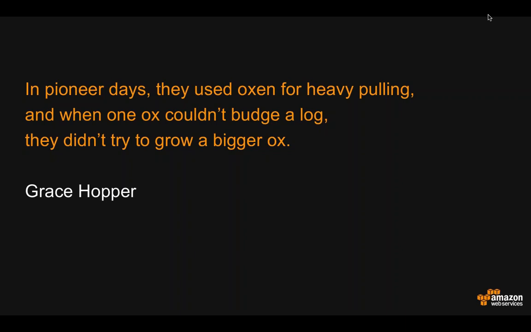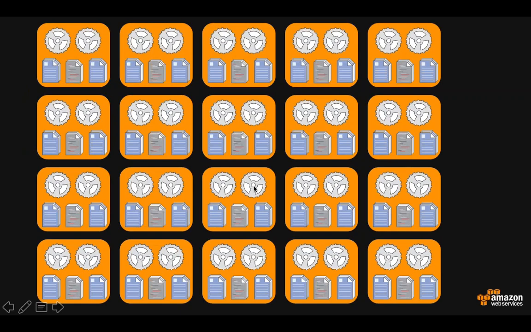But basically we followed her advice, and we then tried to grow beyond a single machine, and we said, okay, let's use a cluster of machines. Why don't we use the disk and the CPU and the memory on a number of machines, and this gets us past the problem of scaling on one machine, and obviously as we need to grow we can add more machines to this cluster. Now in theory that sounds fantastic, but there's a couple of issues, a couple of problems that we really need to get around,